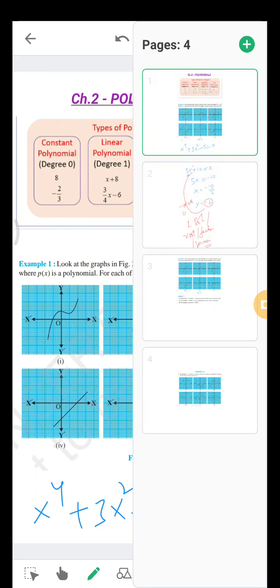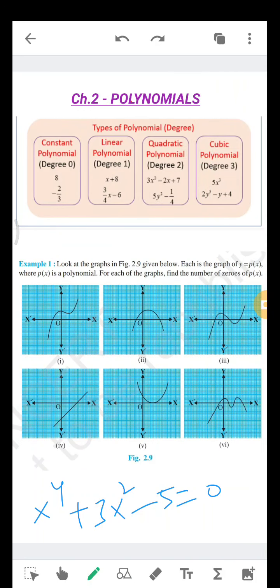Now, a linear polynomial has 1 zero. Then a quadratic polynomial has at most 2 zeros. A cubic polynomial has at most 3 zeros. Maximum 3 zeros, it can be 2 also. Now, looking at the graph, we can draw the graph of all the types of polynomials. We have drawn the graphs of linear equations in 9th class. In the same way we can draw the graph of quadratic, cubic, all the types of equations. Now looking at the graph, you have to say how many zeros that polynomial has.